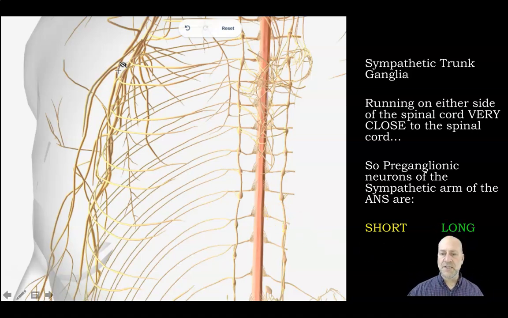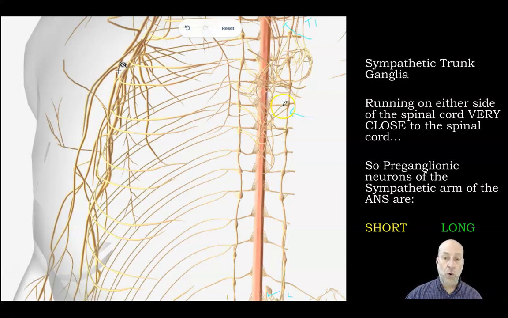Okay? And just to take a look anatomically, here is your spinal cord coming down. So this is going to be, I don't even know, around T1. This might be T1. Hard to see in this view, but this might be about T1. T2, T3, T4, T5, T6, T7, T8, T9, T10, 11, 12. This might be L1, maybe right around here. But just so you can see that the sympathetic trunk ganglia are running right alongside, okay? And you're just going right to the sympathetic trunk ganglia if you're following the pathway, that sort of traditional pathway